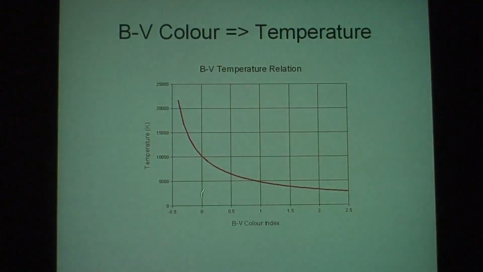One of the easiest things to do, for instance, Orion is coming up now. Take a picture of Orion. Rigel and Betelgeuse are distinctly different colors. They'll show up quite nicely. So here we have a graph now that relates the color index, our blue minus visual, to the temperature. The actual curve is more of a hockey stick shape, but this is a fairly good approximation.